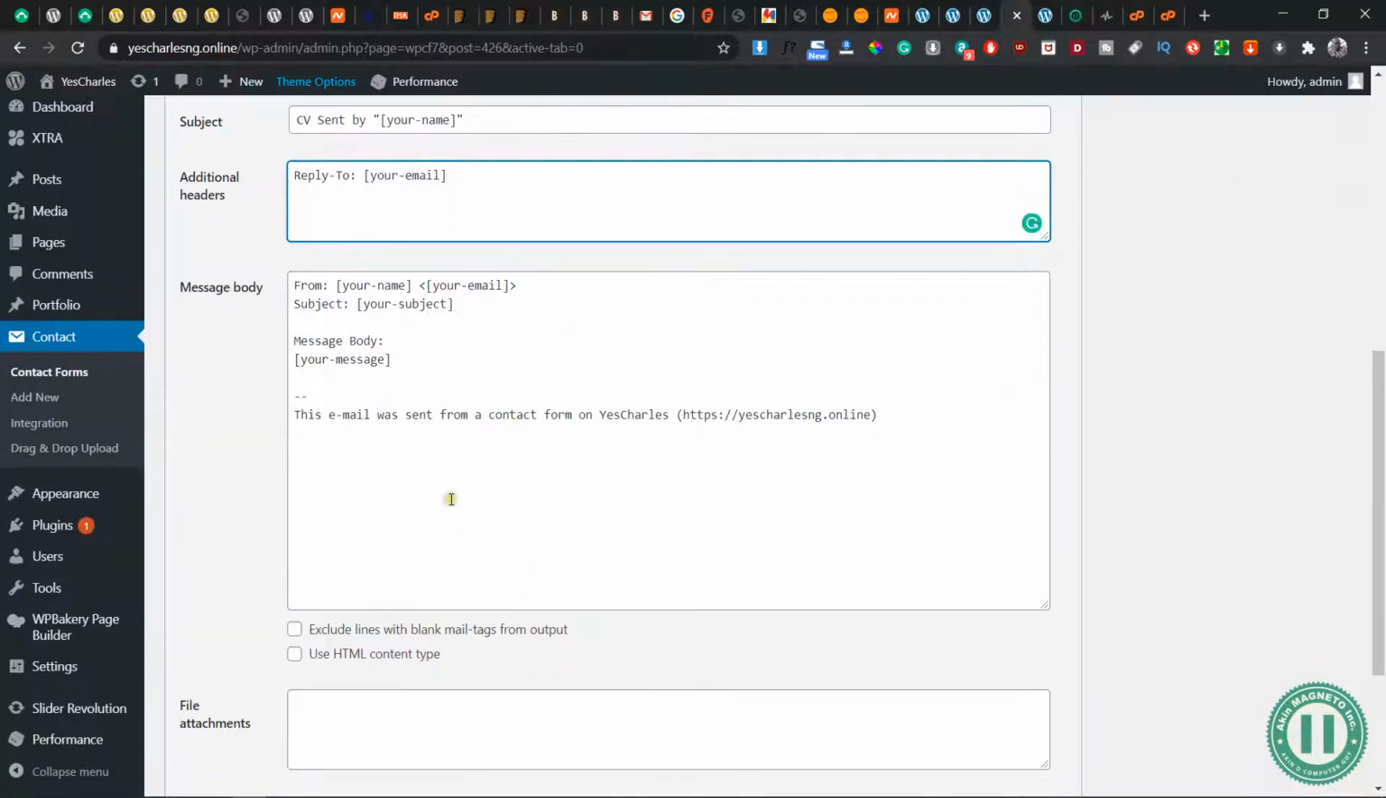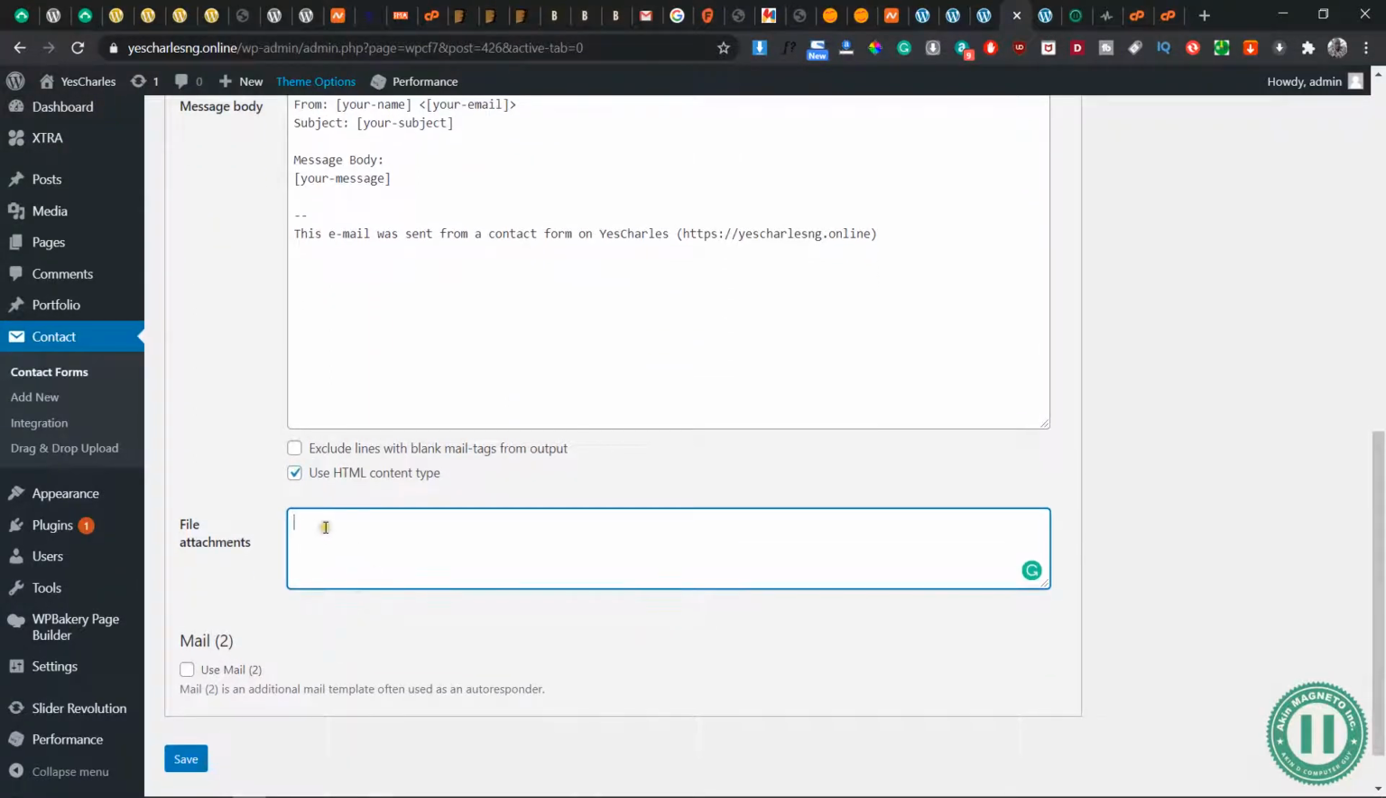So this is quite very simple. First, click use HTML content type. I'm going to add some HTML tags here, but this is where you have to input some things. Why? Because this is where your file is going to be aligned together. Okay, so now let's